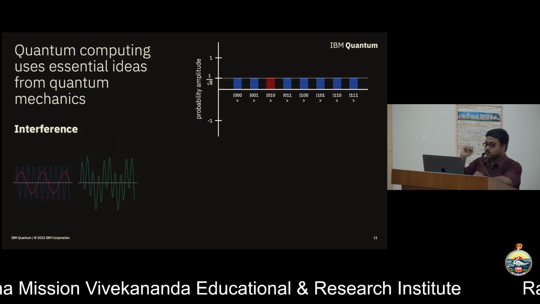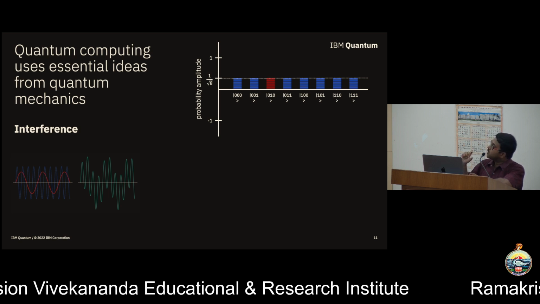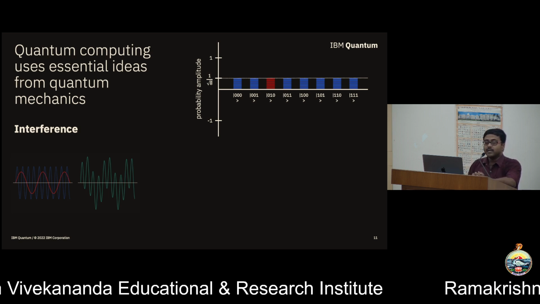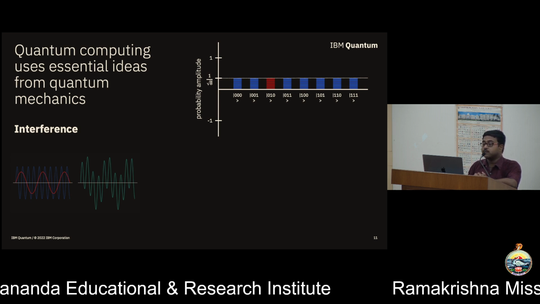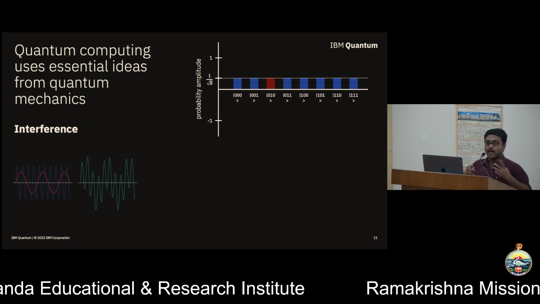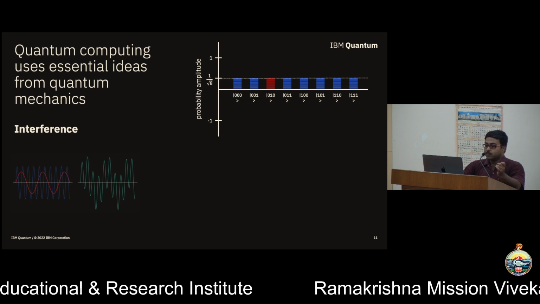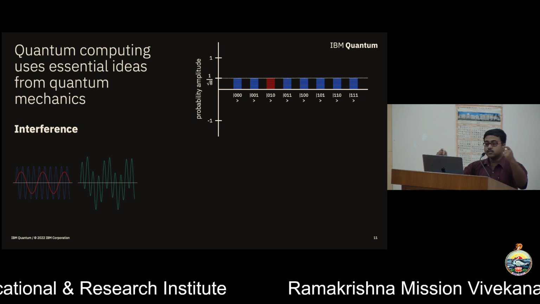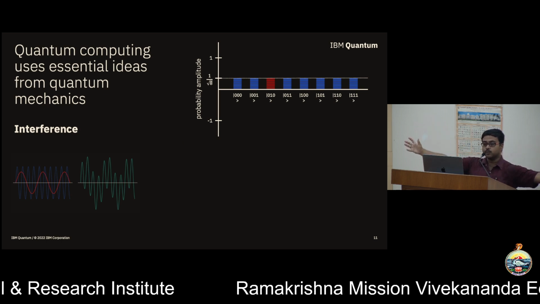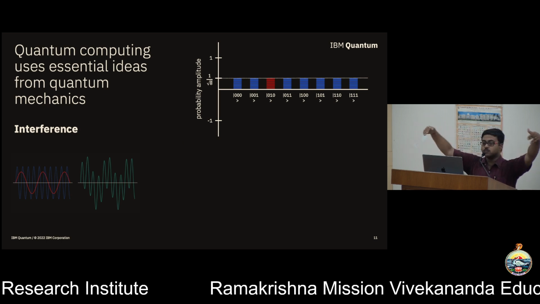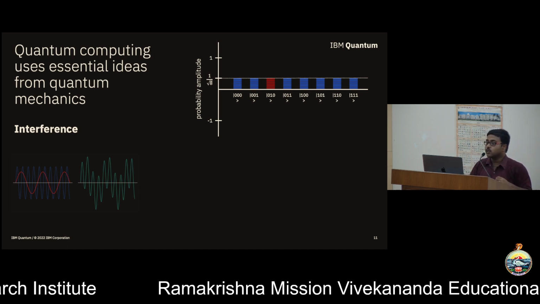So let's think of quantum computing. There is a misconception. Many people say that since a quantum state can be in superposition, it can be in 0 and 1 at the same time, which, as I told you, is not a mathematically correct statement. But there is a misconception that since it is 0 and 1 at the same time, a quantum computer is like a huge parallel computer that tries out all possible things at the same time and gives you the best result. This is not true. This is not at all true.